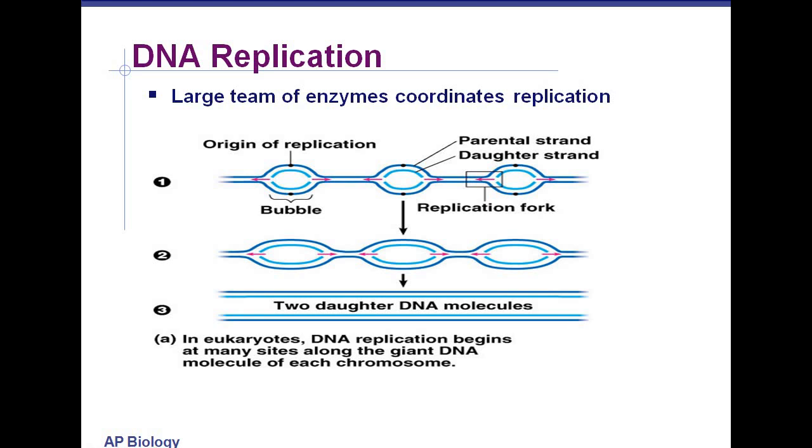Now coming to the initiation of the replication. The initiation of the replication occurs at a site which is known as the origin of replication. In prokaryotes there is a single origin of replication, but in eukaryotes there are multiple sites for the origin of replication. The sites mostly consist of a short sequence of the AT base pair.